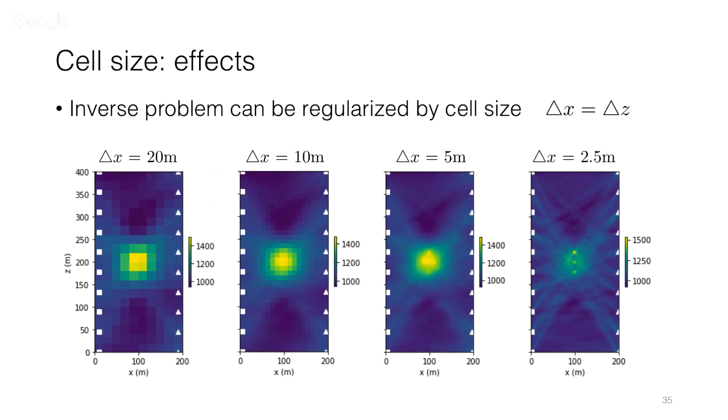If we go to 10 meters, it looks like this. If we go to 5 meters, it looks like this. If we go to 2.5 meters, it looks like this. This is insightful also, in the sense that it shows how my discretization of my problem can affect my end solution. And if you go to something that's really,